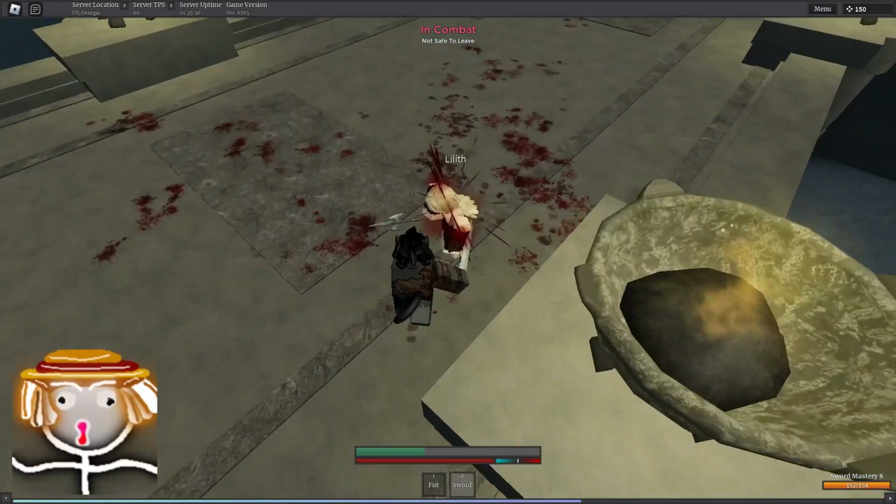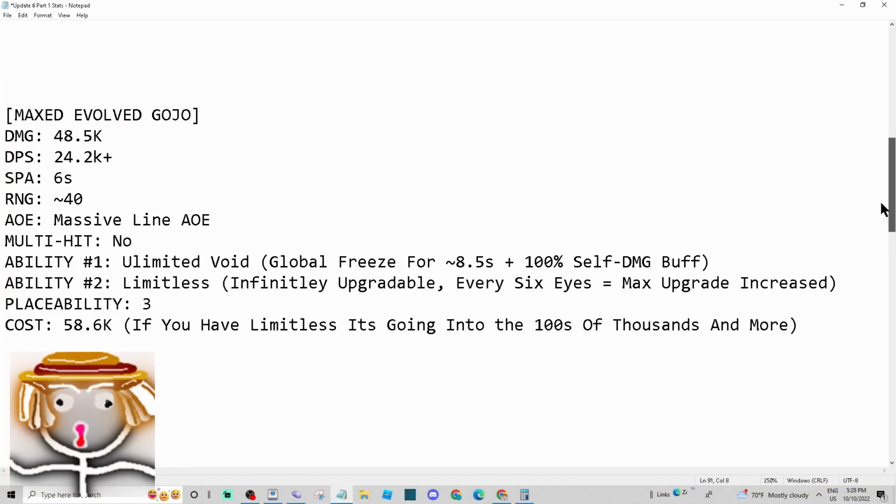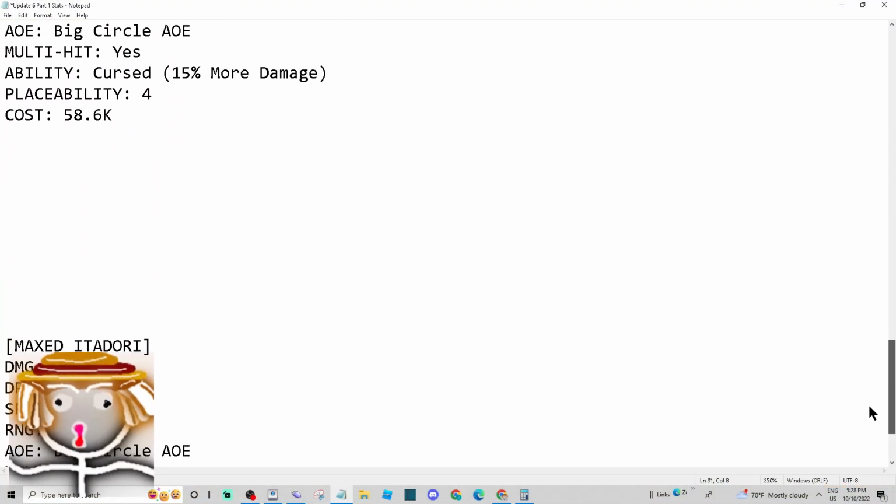Besides that, that's my ranking. Like I said, first one, I got your boy Gojo. Second one, I got Nanami. Third one, I got Megumi. And then lastly, I got